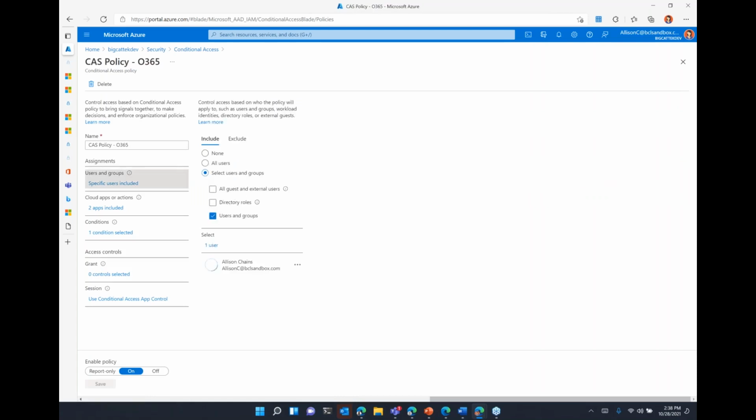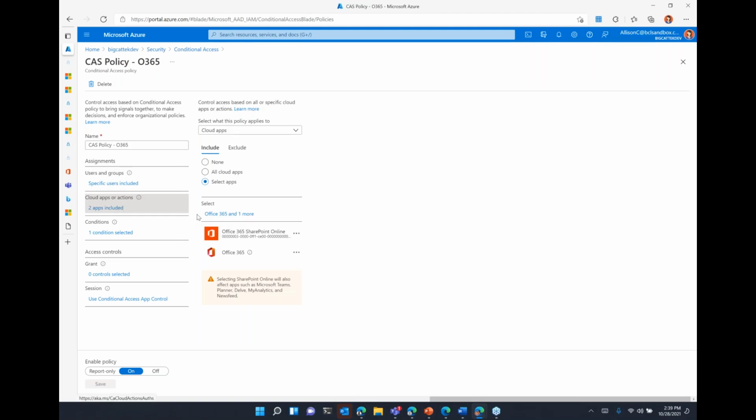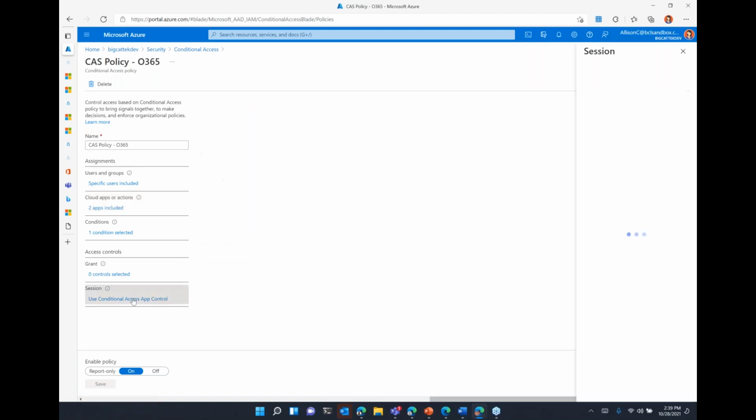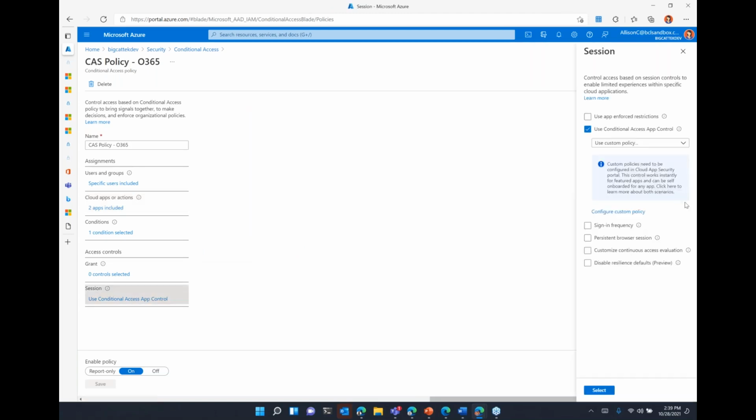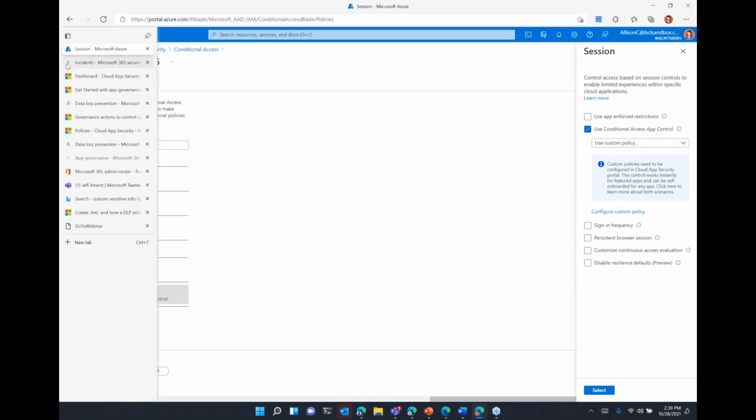I have one user specified, it's Allison, and two apps, O365 here and SharePoint, but really everything would fall under O365. And then I have the session control using a custom policy that's using a conditional access app control. If I go over to Cloud App Security